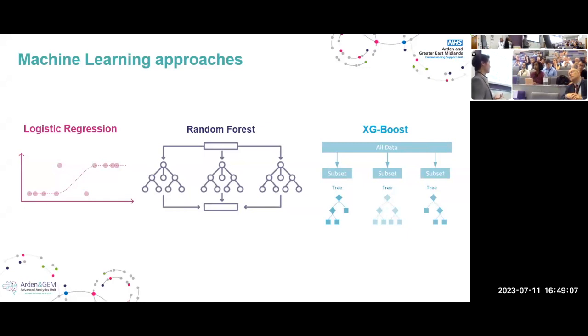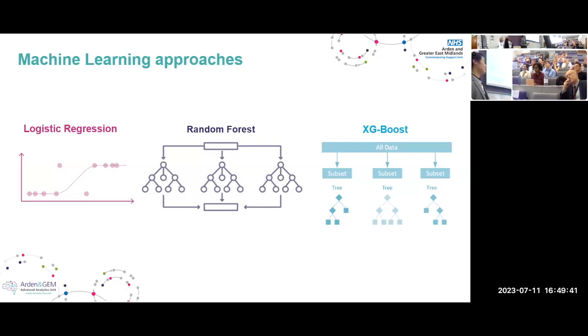For random forests, that's a slightly more complicated algorithm that's based on decision trees. I won't explain exactly what that is, but essentially a decision tree, each time it does something, it's quite biased, and so in terms of the random forest, it takes a random subset of all the dependent variables, so basically the variables that you're not measuring, and it just does many of them, and then what you see at the right at the bottom is the summation and the kind of aggregation of them all, and it's actually very, very powerful.